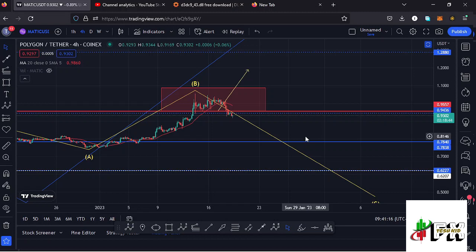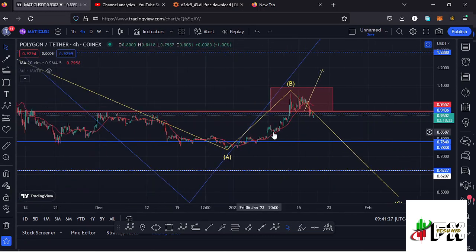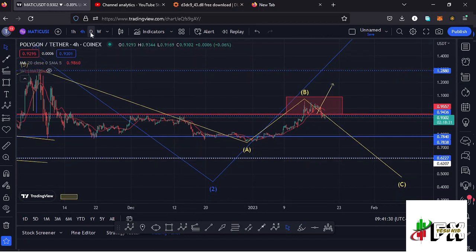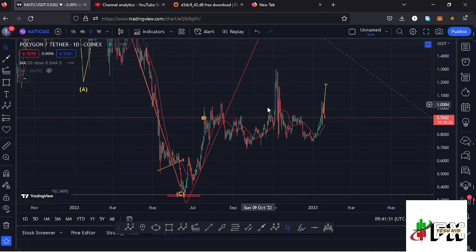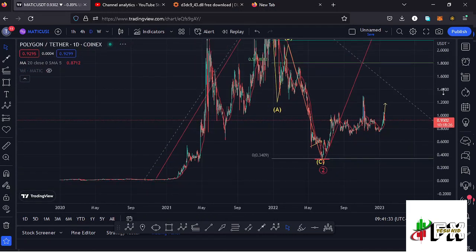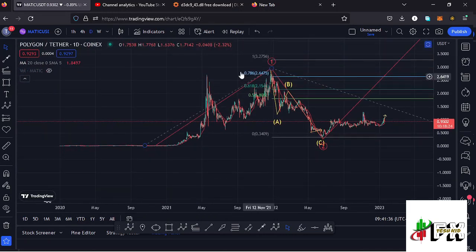At the time of this recording, Polygon Matic has managed to lose the 20-day MA and also a key area of support at around the $0.95 mark. Before I get into that technical analysis, allow me to start here on the daily chart by first giving you a recap of what has been happening and the long-term scenarios that I'm expecting to play out,